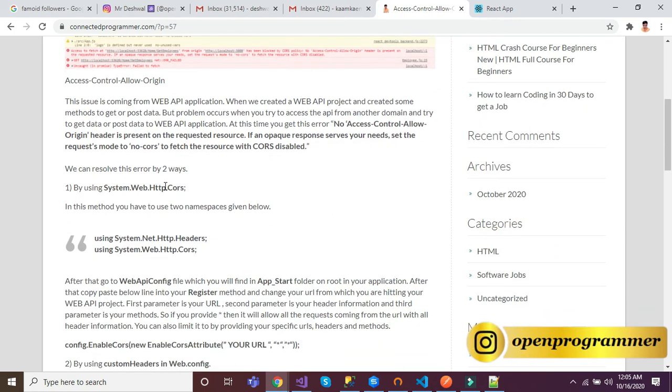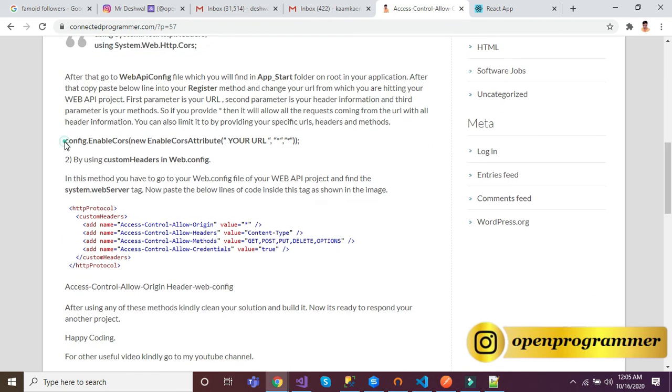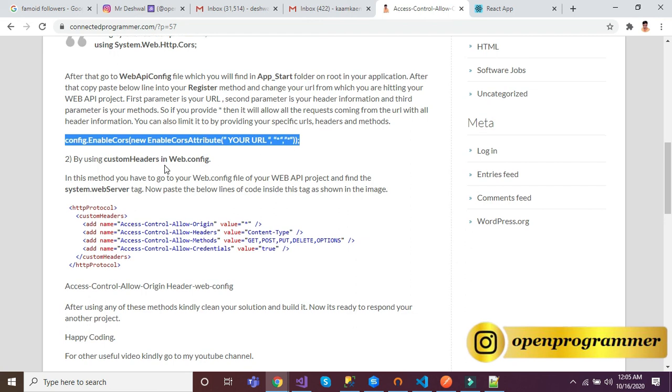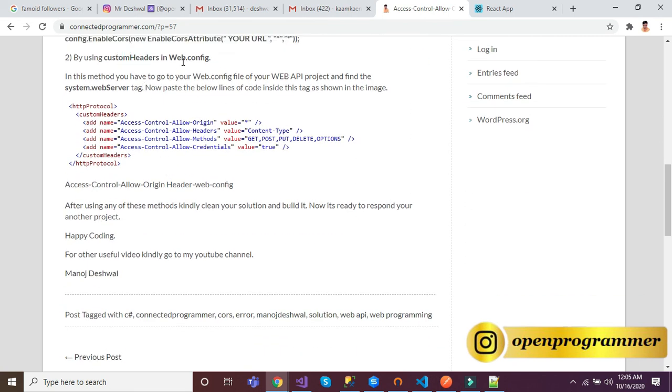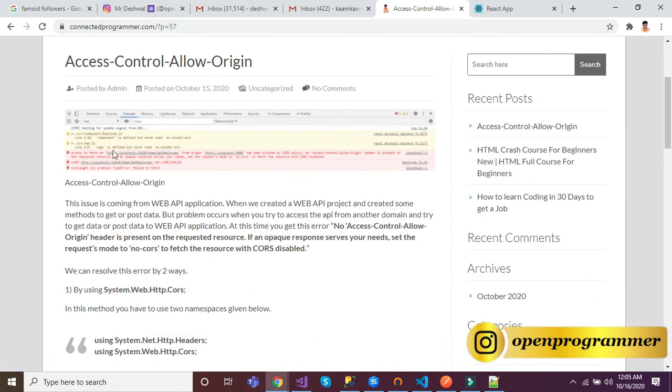See, that is the first way, as I showed you, by using these namespaces and this single line in the web API config file. Another one is custom headers in web.config. That is the code which we need to place in our web.config file. So these two ways are there in this particular article. You can go to connectedprogrammer.com.